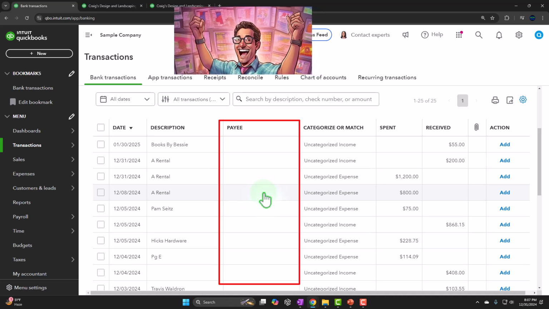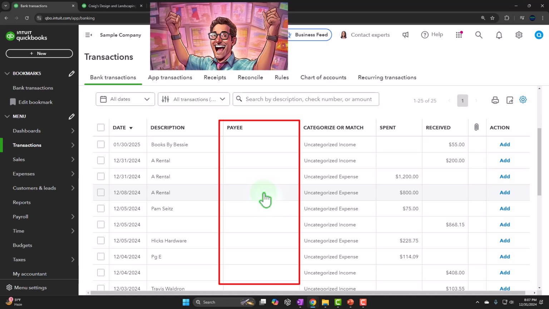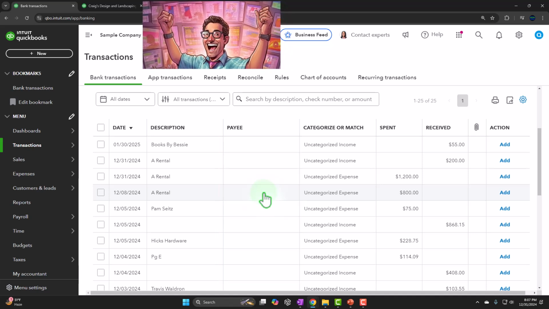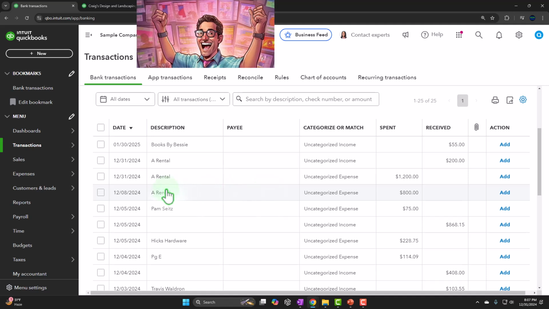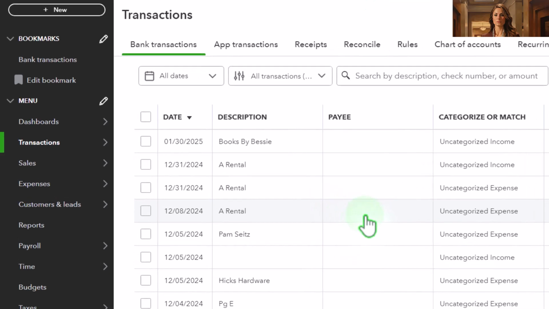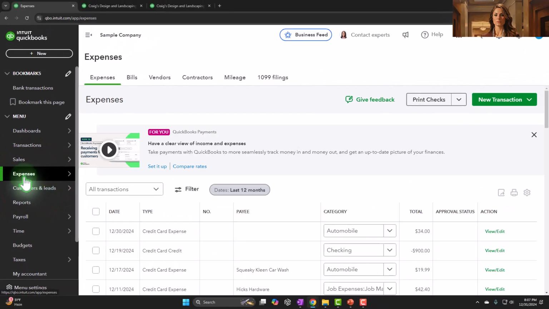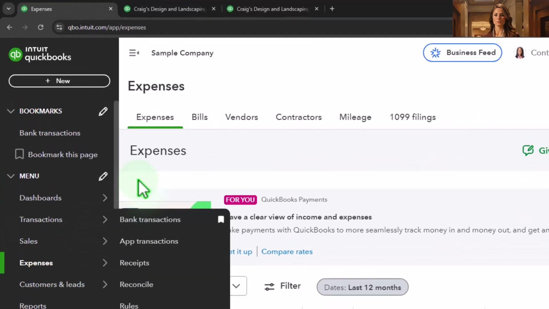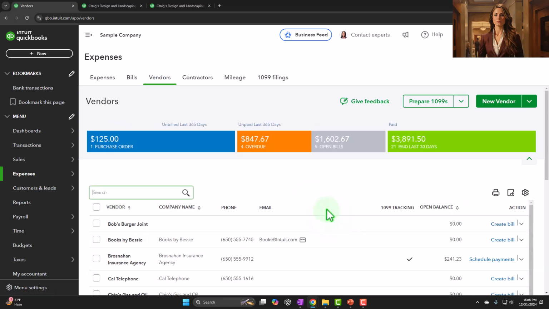It's not going to change the impact on the financial statements, but it will allow you to sort your information by who you paid. So if you have to go later and you want to check out all the payments you made for the telephone company, you can easily go into the expenses center and find them. If you do not enter the vendors, you won't be able to do that. So you want to enter the vendors, and then sometimes, even if you're on a cash-based system, you might still be going over here to the expenses and sorting your information by vendor